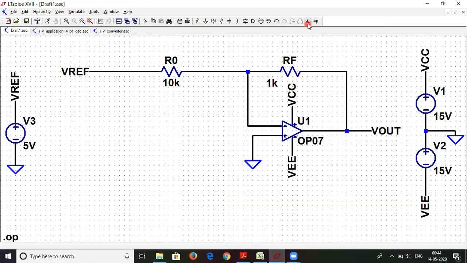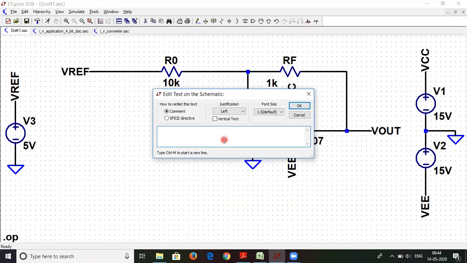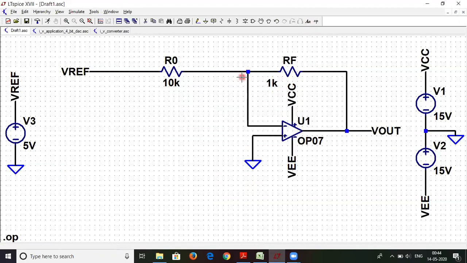So the V out value over here, what we will do is we'll directly write these values over here. So we'll right click, we'll directly click on this node.